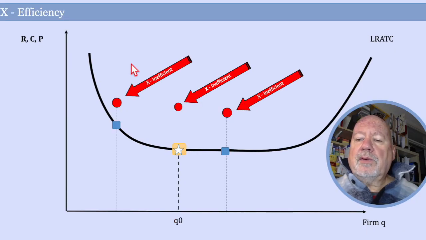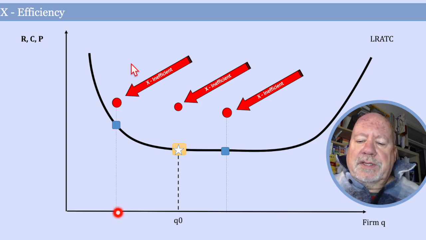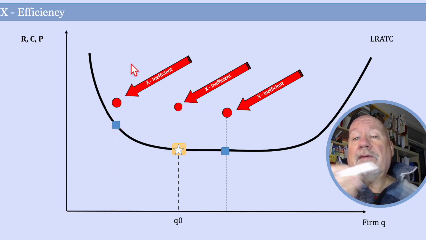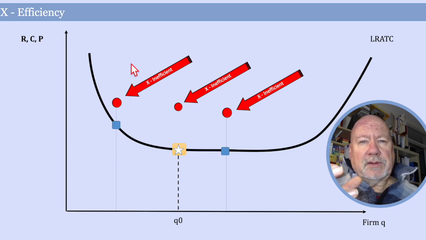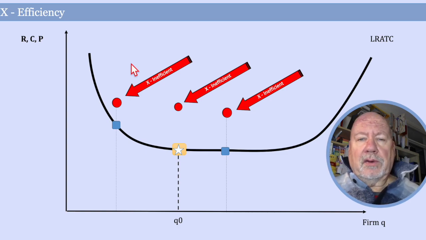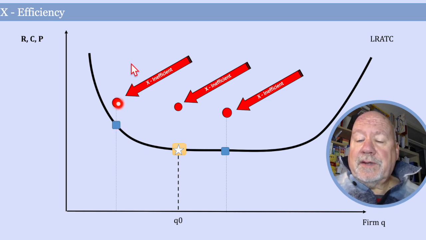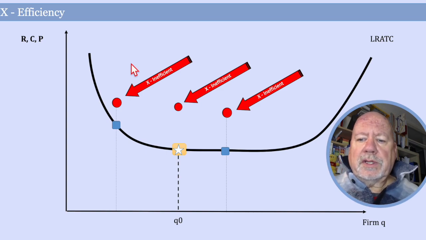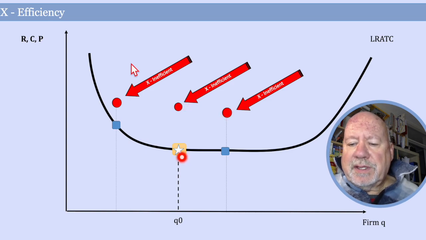So in other words, at any quantity of output here, you can be X inefficient if you are producing this, but you haven't maneuvered your capital and labour in the right way, so that you get your lowest possible cost. In other words, you could be here, that's X inefficiency if you haven't introduced the new machines that you could use. So all of these points are X inefficient,